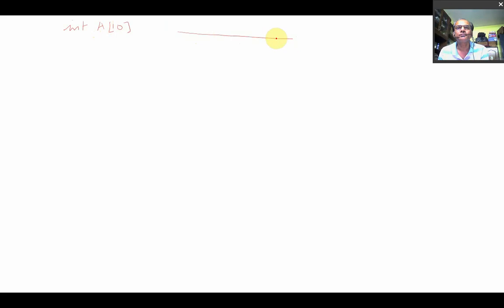Now I'm drawing a picture here consisting of 10 elements. The addresses of these elements are 0, 1, 2, 3, 4, 5, 6, 7, 8, 9. We are declaring a 10 element array.